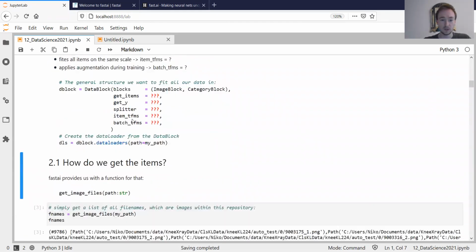We need a function which gets all the images we need. We have to get a label for those images. We have to somehow split between training and validation data. Then another thing, item transforms. This part just means that all the items you maintain,